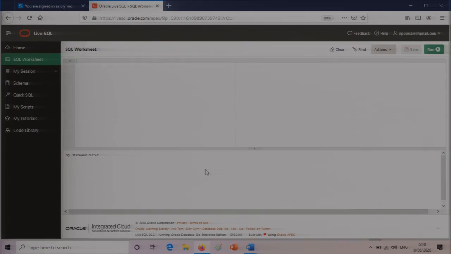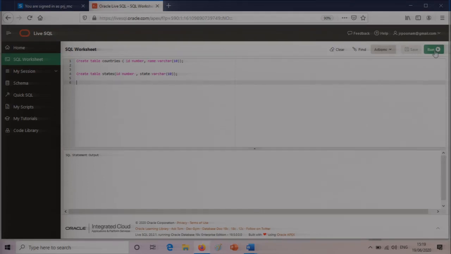So here we go. We have two queries pasted here. One is the create query, which says create table countries. Countries is the name of the table. One field is ID and its data type is number. The other field is name and its data type is varchar 10. And then there's another table which says create table states, ID as number. One field is ID and the other field is state, which is varchar 10.